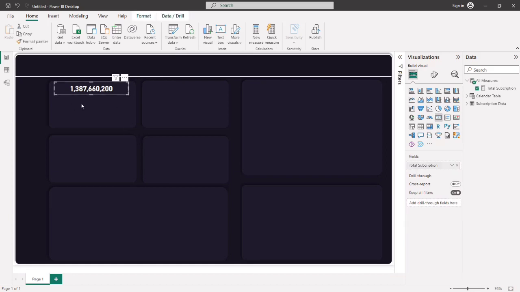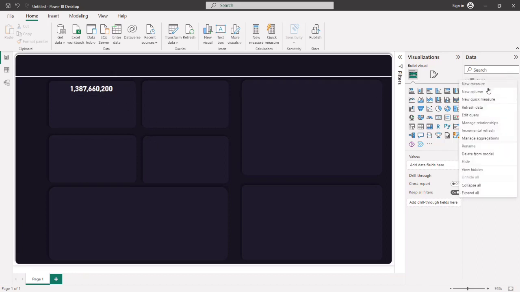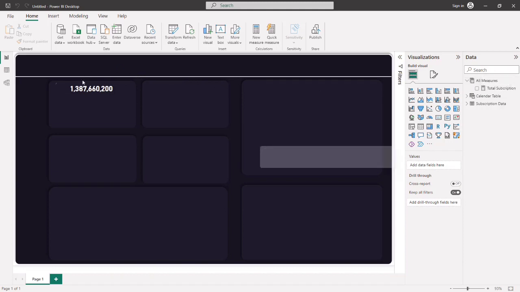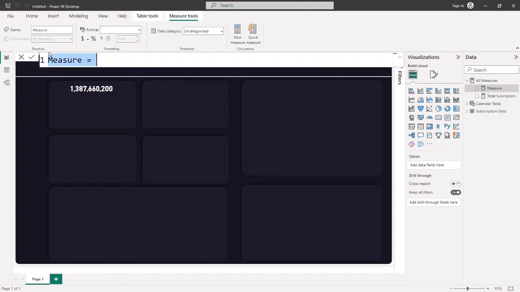Before we start adding the labels, let's go ahead and create the other measures. Okay, so this is the total number of subscription that we have. Now let's go ahead and create and add the total number of subscription that we have for 2G, the total number of subscription that we have for 3G, total number of subscription that we have for 4G. Okay, so let's go ahead and do that. Now how do we do that? Just go ahead and add a new measure. Okay, so I'm going to call this